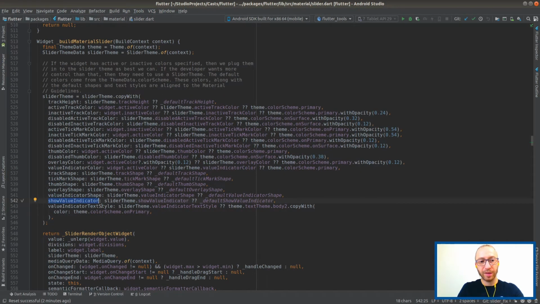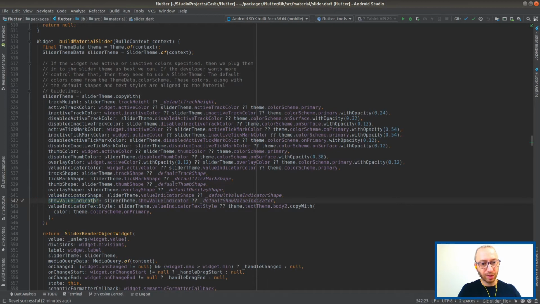Like not even have it as an option. In which case, if you want a label to be shown, you just specify what you want the label to be. If you don't want it to be shown, you never specify it. I think that's better. Let's go with that.